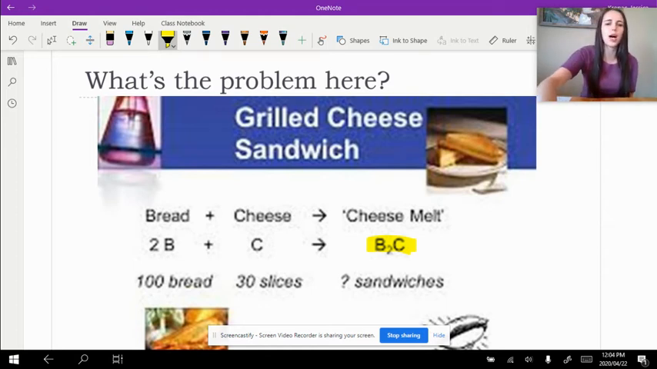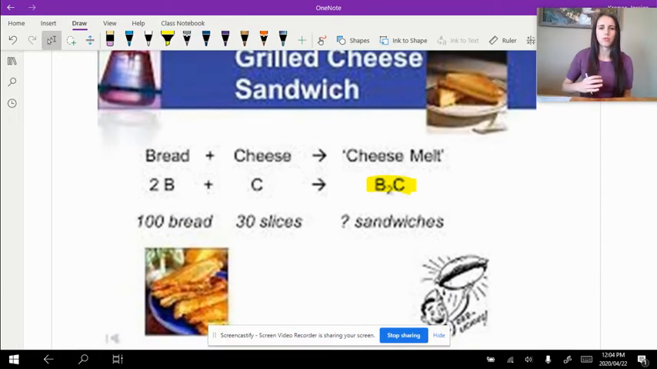So here's your problem. You might not have the perfect ratio. So let's say in your house you have 100 slices of bread. You're really hungry. You really like grilled cheese sandwiches. Let's say that you have 100 slices of bread and you only have 30 slices of cheese. The idea is you're going to run out of one of these before the other, right? You're only going to have so much bread or so much cheese to make a set number of grilled cheese